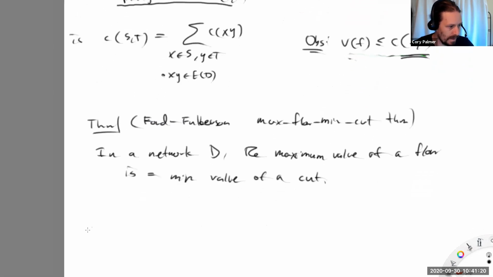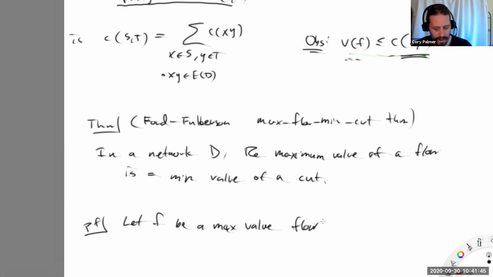Okay. So the proof, I've written out a formal argument in the notes. Here, I want to prove it with a very simple picture and procedure. We know that any flow F is bounded above by any cut. So we're going to say let F be a max valued